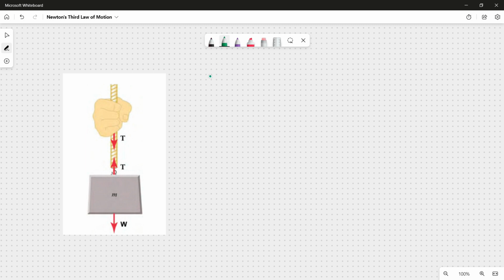Tension in the rope must equal the weight of the supported mass, as we can prove by using Newton's second law. If the 5 kilogram mass in the figure is stationary, then its acceleration is zero. So the only external forces acting on the mass are its weight and the tension supplied by the rope. Summing the external forces to find the net force, we obtain net force = T - W = 0,